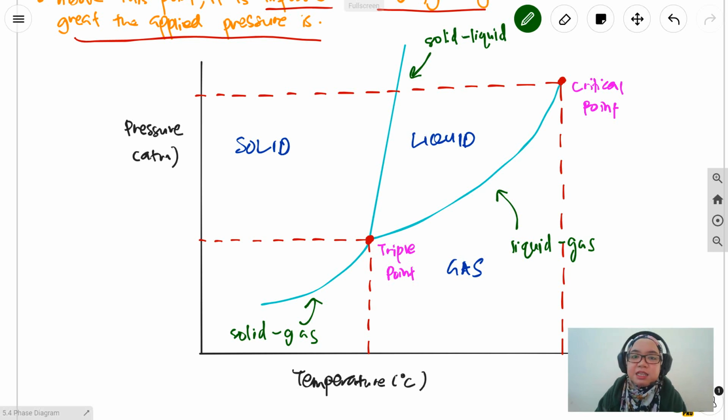There is no specific scale, we just label the scale. We don't need graph paper. Okay, we don't need graph paper to sketch this phase diagram. And first thing first, after we do that, we will sketch this line, the light blue line. Depending on whether the solid is denser than the liquid or the liquid is denser than the solid, we will see whether the solid-liquid line slopes to the left or right. Okay, let's look at that after this. But before that, we will look first at the